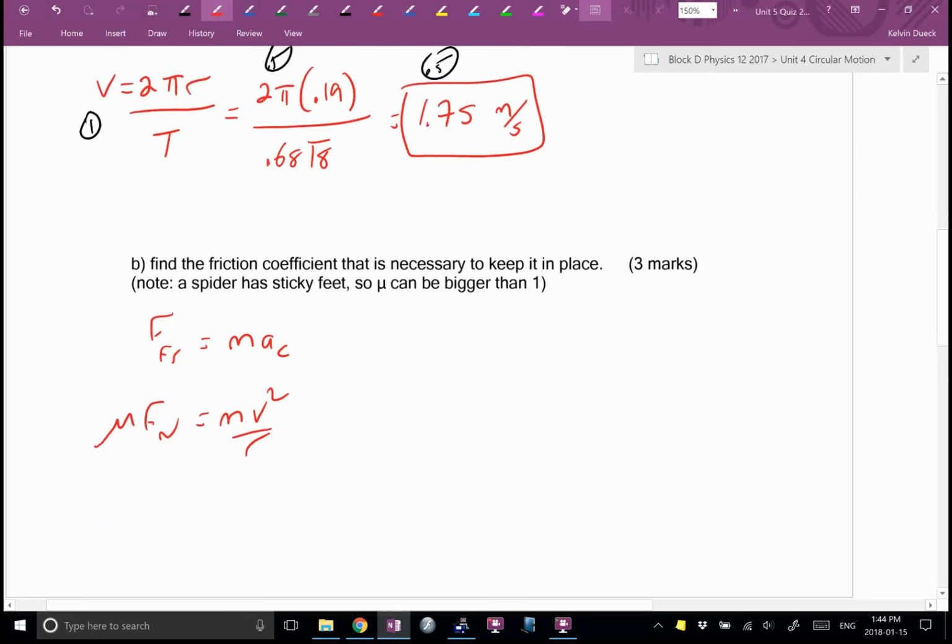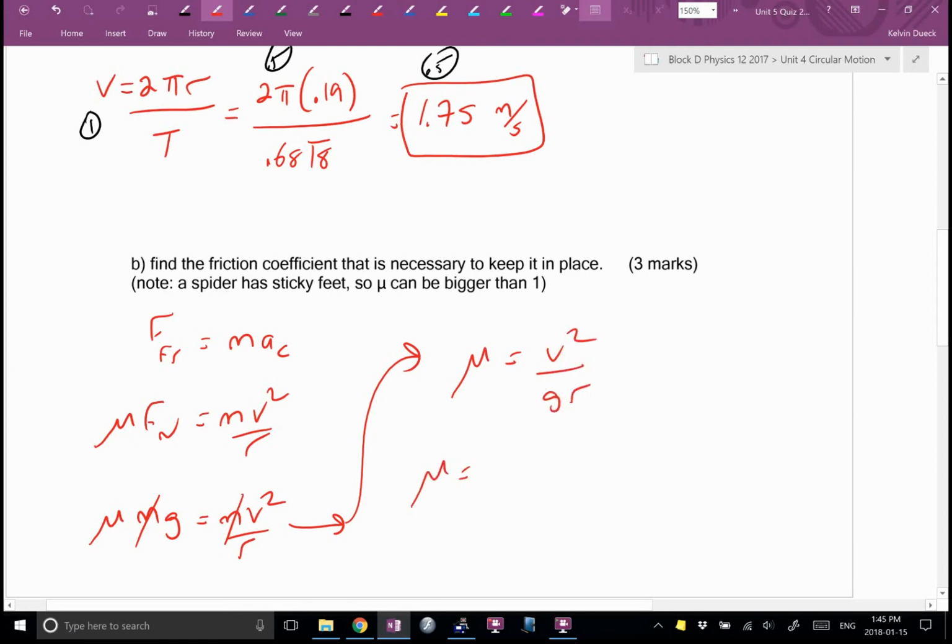I don't know the normal force. Oh, but look. Mass cancels. And they wanted me to find mu. Hey, what's mu? I don't know. What's mu with you? And so I got mu equals v squared over g. Mu equals 1.75 squared over 9.8